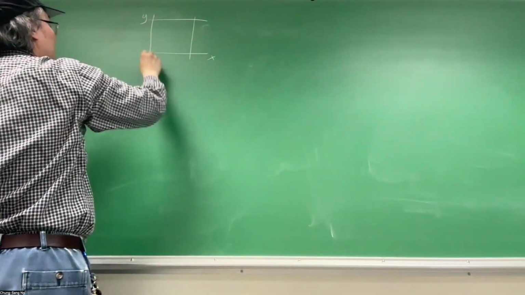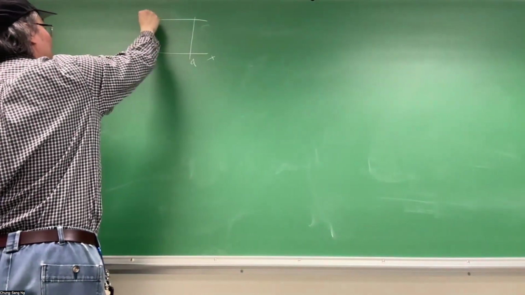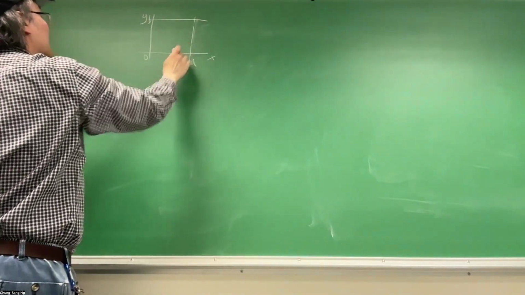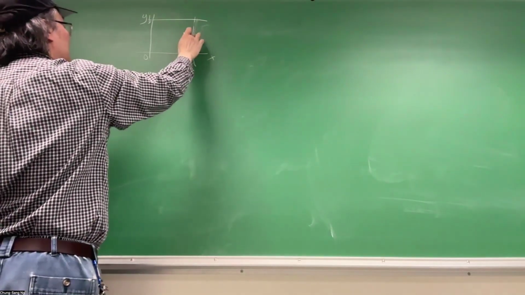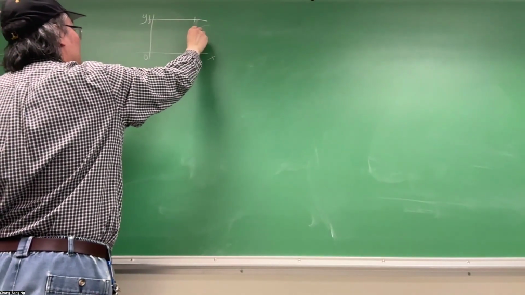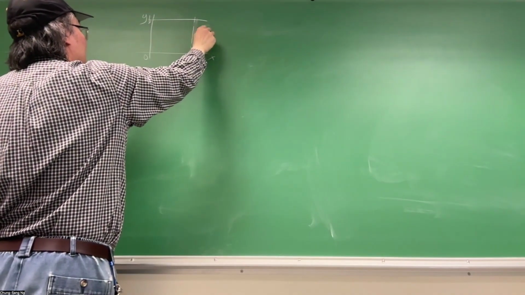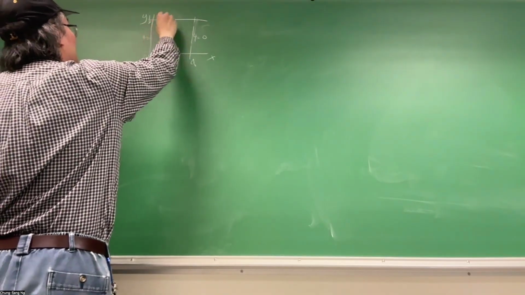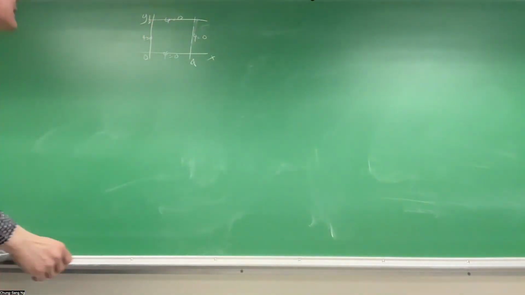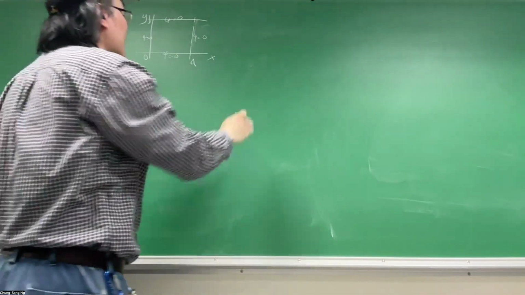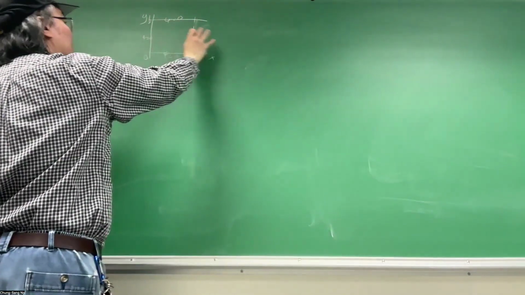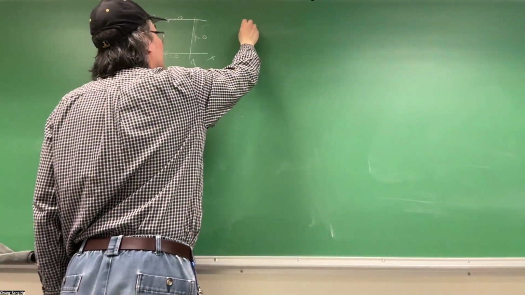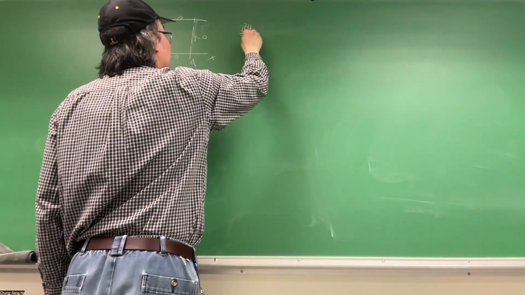x and y. So you have 0 to A, 0 to B, right? That's the rectangle, right? And then supposedly the boundary condition should be 0 because it said this fixed membrane, so psi 0, psi 0. The four boundary conditions are 0, right? And to solve the wave equation within the square, so you have a 2D Laplacian equation,